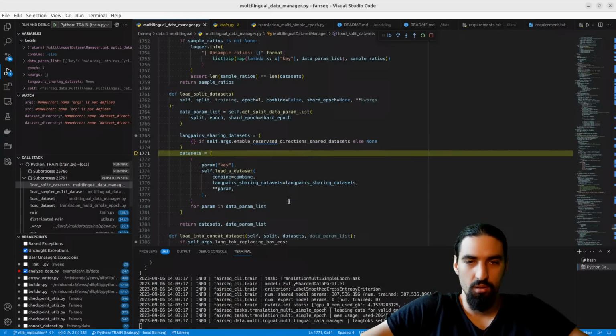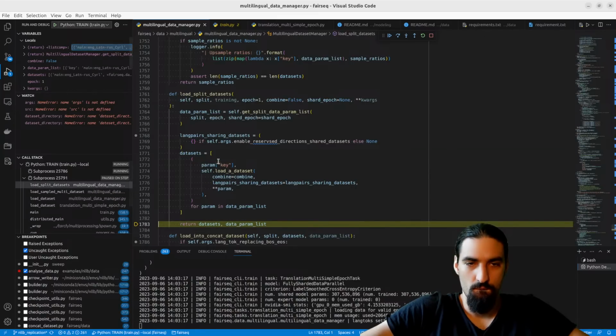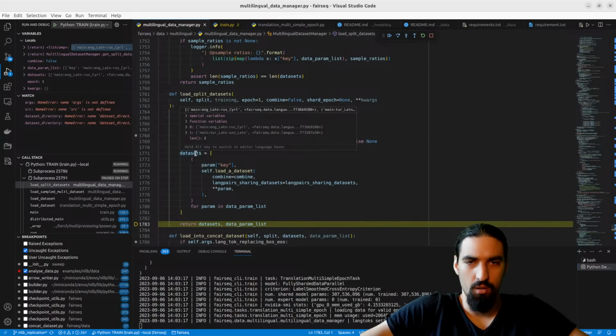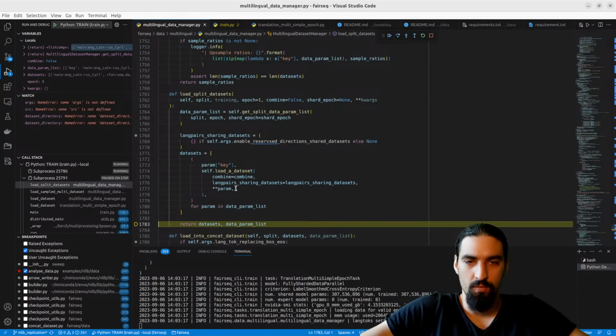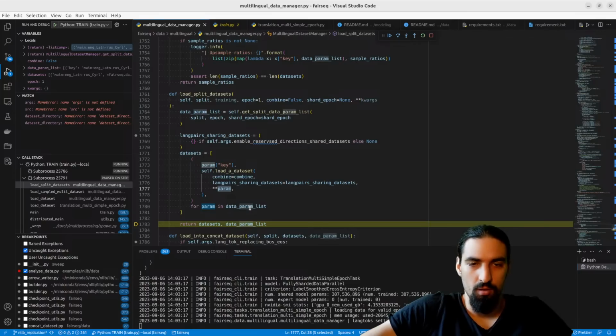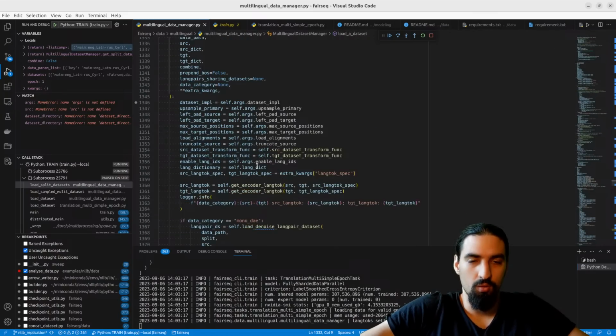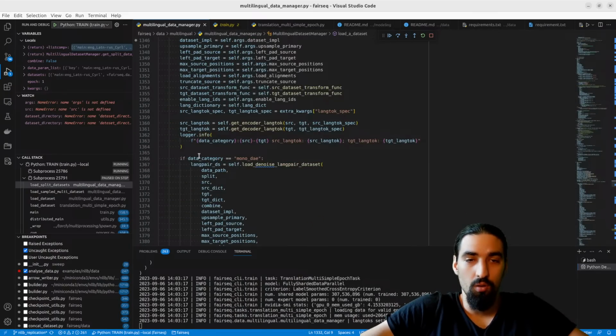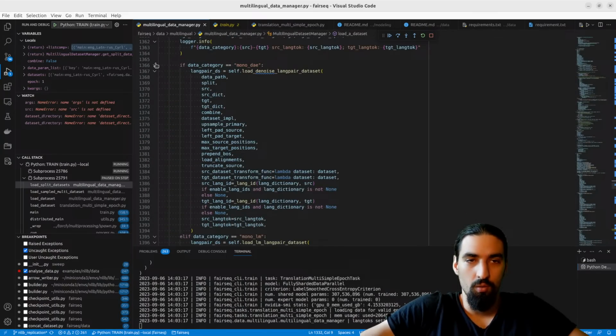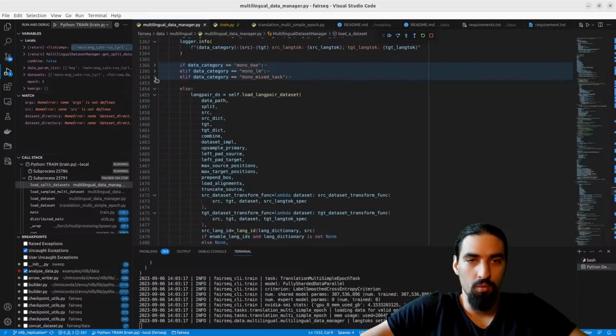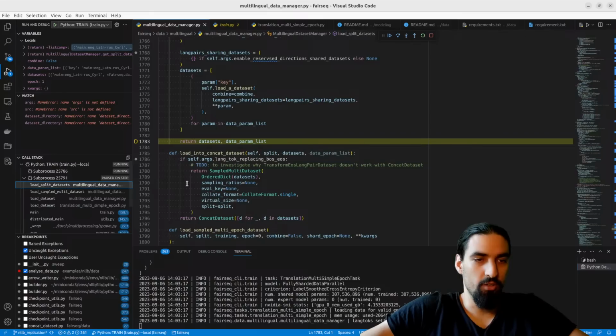Datasets. We'll load the datasets for both of them. Okay. Okay, this should be good.